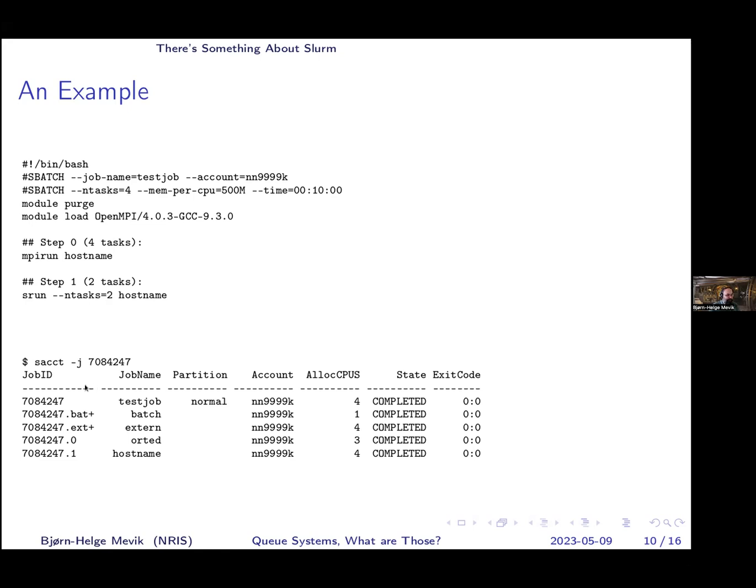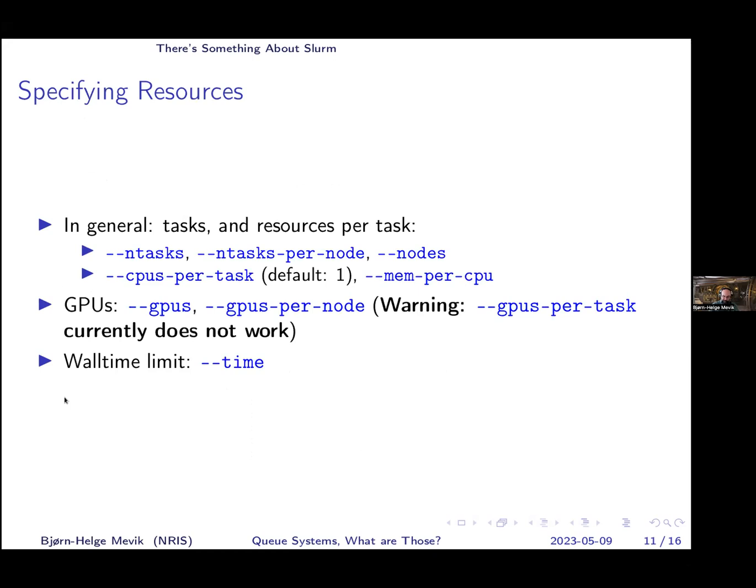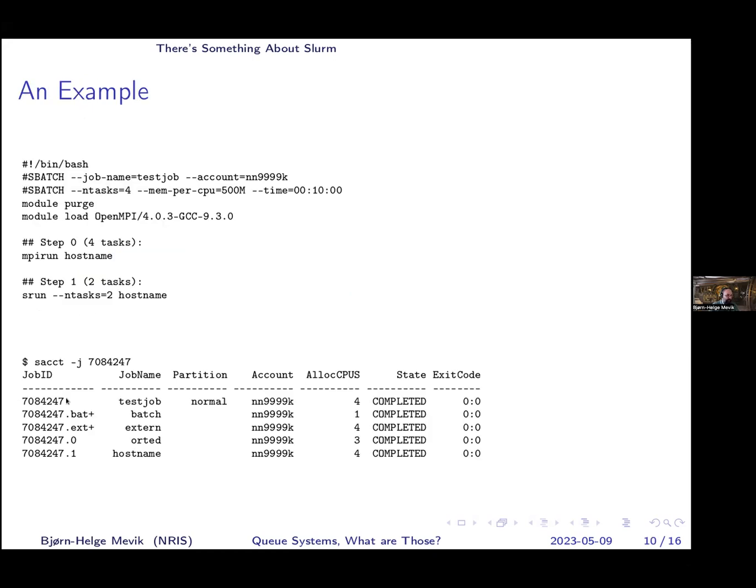Sorry. And if you want to see the results afterwards, you can run sacct -j and then the job ID of the job once it's been submitted and run. And we see then that the first line... doesn't work to mark text here. No, it doesn't. Sorry. The first line